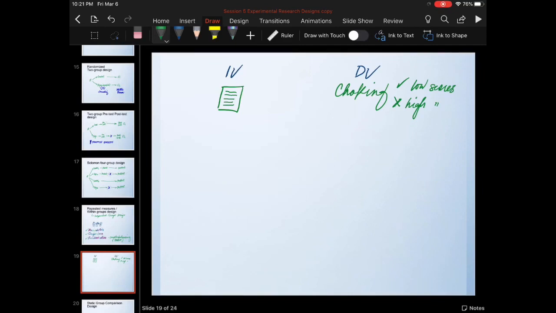So of course we most likely should have done the preliminaries, so we make sure that the students have studied and prepared for the exams, and then we sit them in front of their test papers. So how are we going to do this study if we do a repeated measures design? So let's say you have